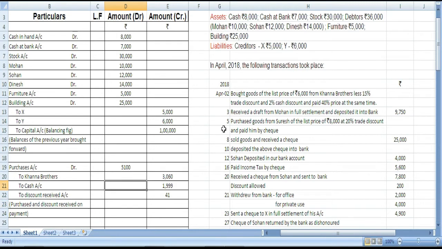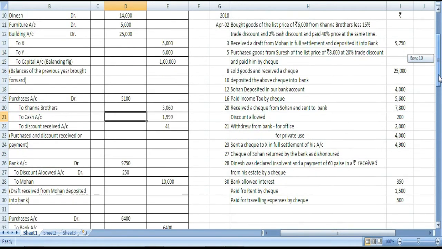Then next we have 3rd April, received a draft from Mohan in full settlement and deposited into the bank. So, Mohan was our debtor and he was supposed to pay 10,000, but Radhika Traders settled the account for 9750. That means Radhika Traders is allowing discount. So, here we received a draft, and the draft will go in the bank. So, the bank account will be debited 9750 and